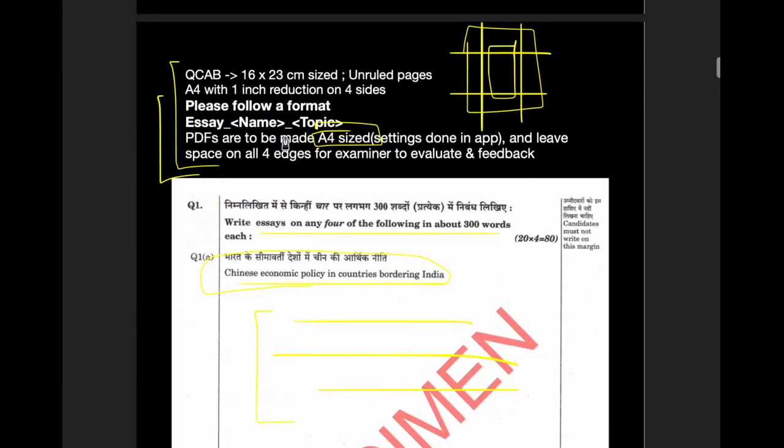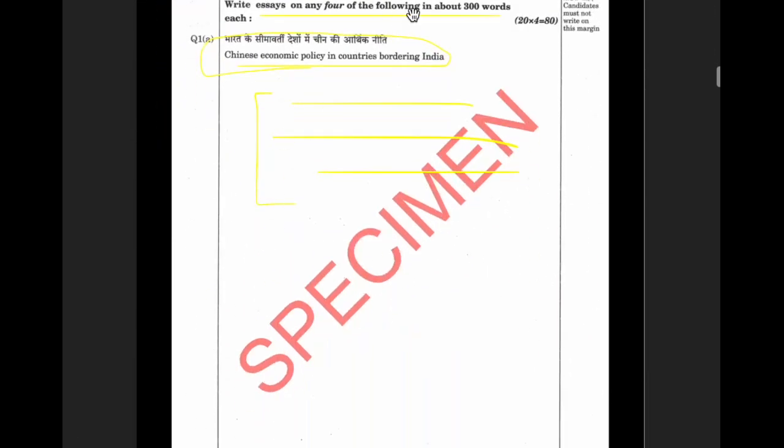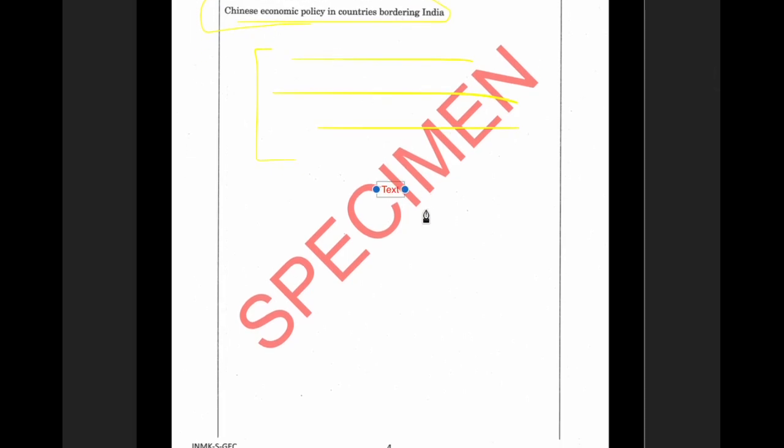Some basic rules I'll teach you. Basic rules: no subheadings. Advanced candidates don't engage in subheadings. No subheadings. Second, no